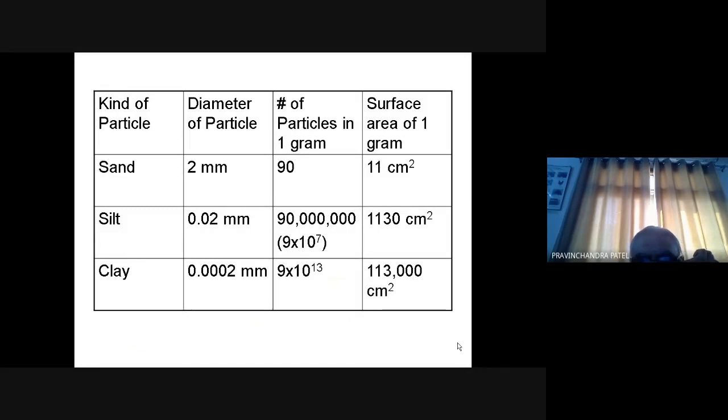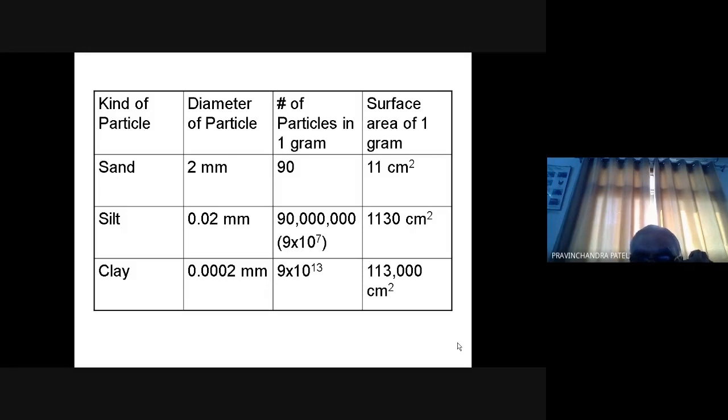So again here, given the kind of particles, diameter of particle, then percent of particle in grams and surface area. So here you see that the surface area is 1,13,000 square centimeter. Here only 11 square centimeter. Here 1130. So here you can see 1,13,000 surface area. So how much water or nutrient has been taken by the clay particle